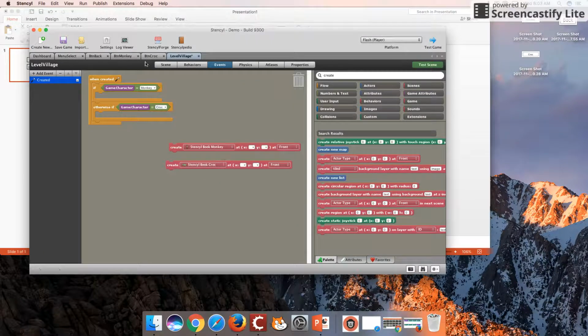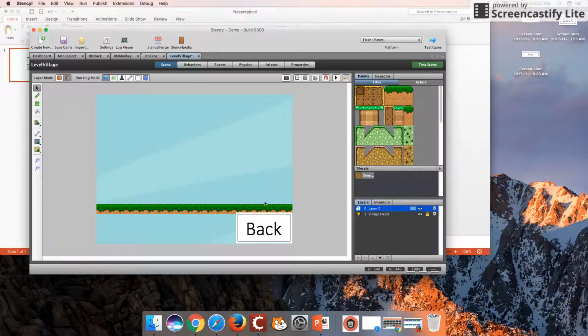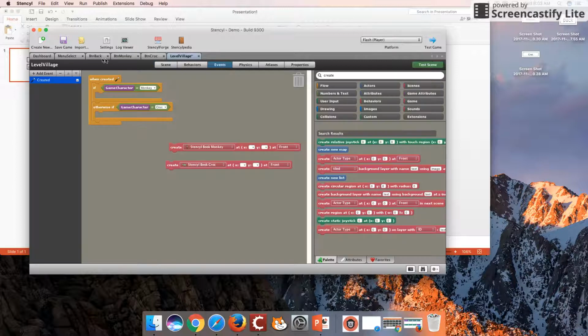Okay, where do we place them at our X, Y coordinates? So if we look on our screen, just remember down here, there's an X, Y coordinate of where your mouse is. Okay, so let's say we want to put our monkey about here or so. So that, according to my screen, is about 86x and 275y. So I'm going to throw that in right now. Okay, 86x and 275y. Do that again. Both of them are going to spawn at the same location. And of course, we're going to create the monkey